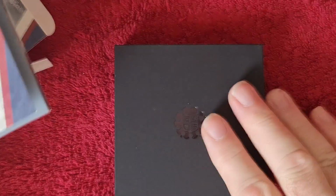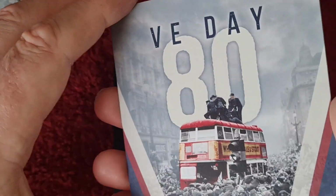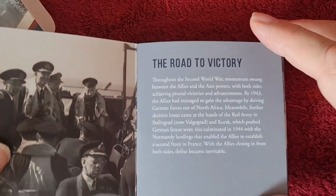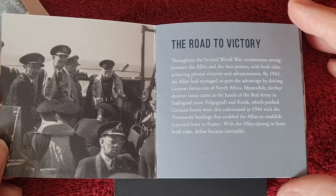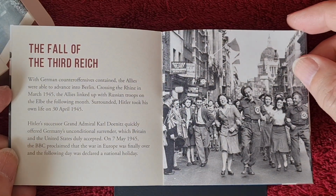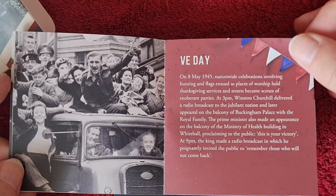I'm going to go through the actual coin itself in a minute. Now, you get the usual little booklet. There's a fair few pages. What I normally do is flick through, let you have a quick look, and it's entirely up to you if you want to pause the video and have a read. There's quite a bit there, so I won't dawdle too long with the actual book. Just a fair bit of information, some great old photos,